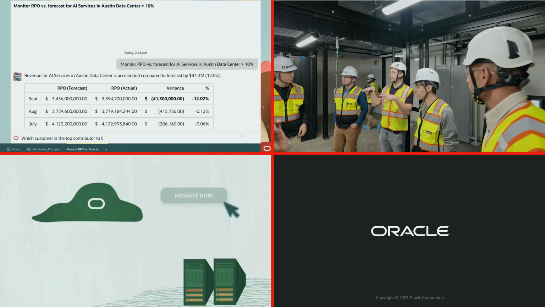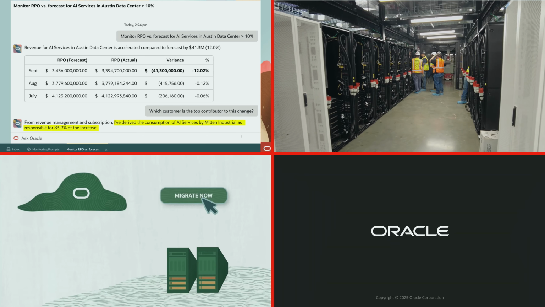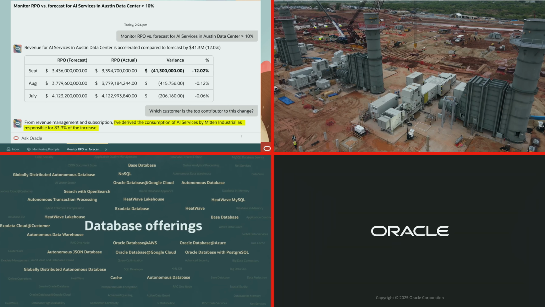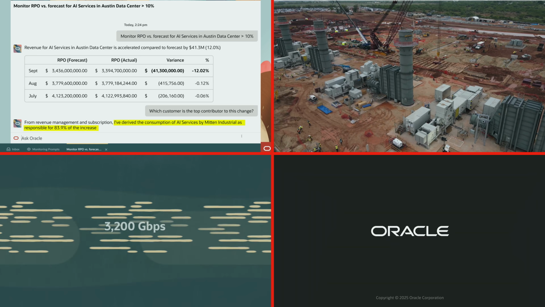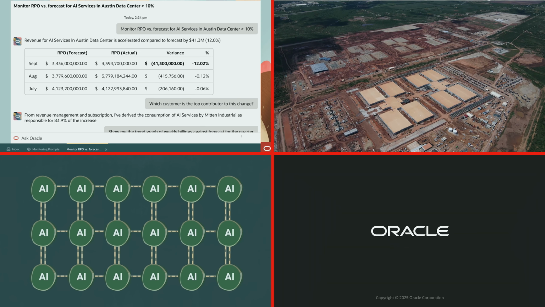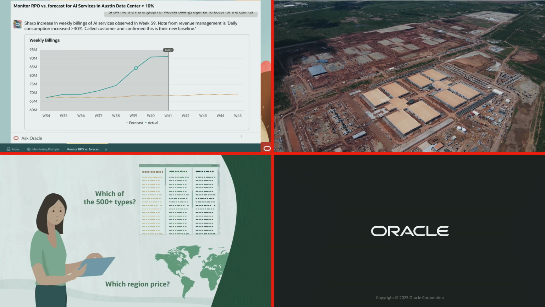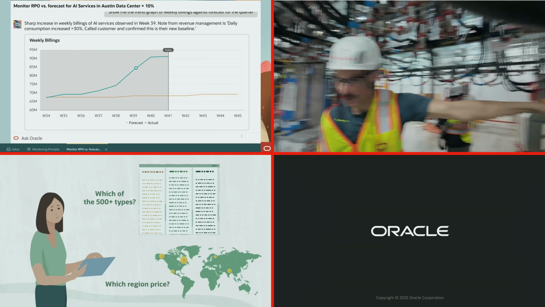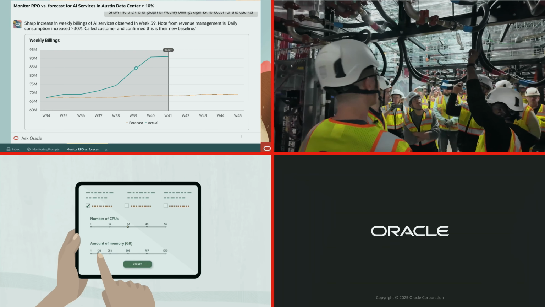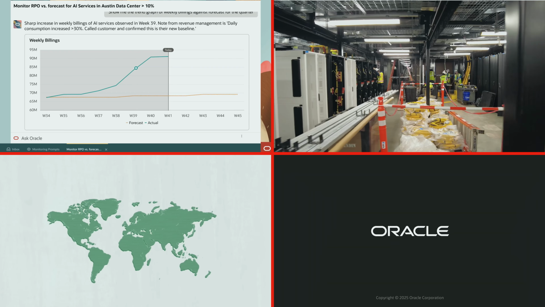With a simple question, Alex sees the customer that is responsible for the majority of the variance. Ledger Agent pulls together data across Fusion applications, leveraging supporting details from Oracle Revenue Management and subscription modules. The Ledger Agent helps Alex dive into details that support these findings, highlighting when the sharp increase was observed and bringing forward notes that explain the increased consumption of services. Ledger Agent presents the information in a format that's intuitive for that style of information,